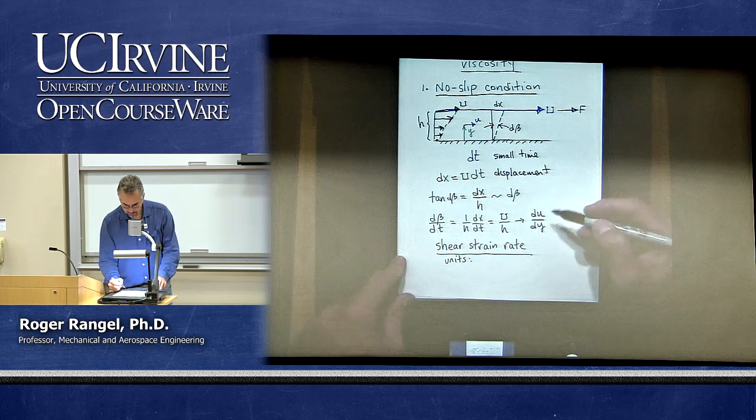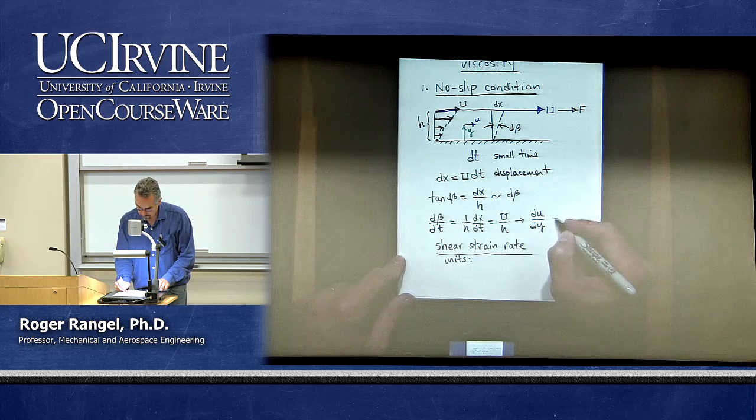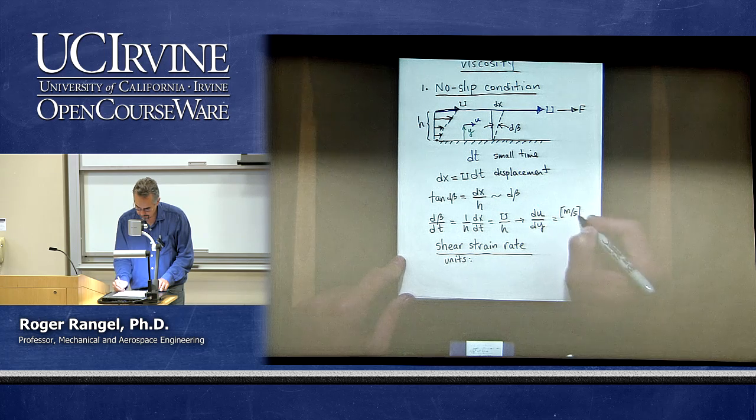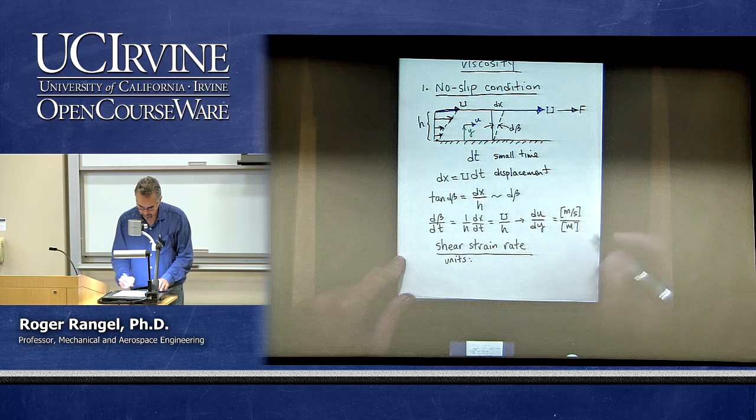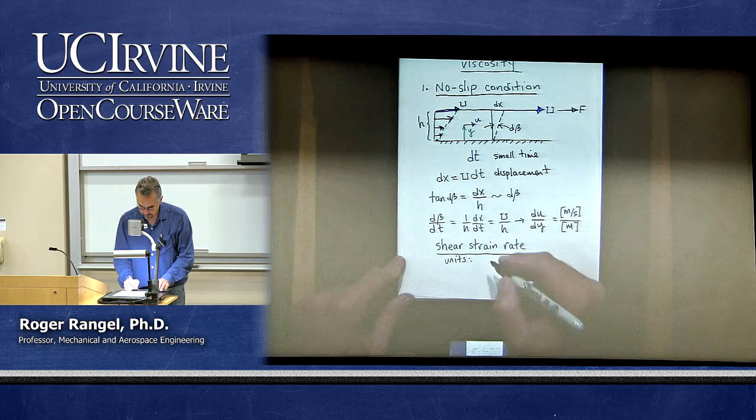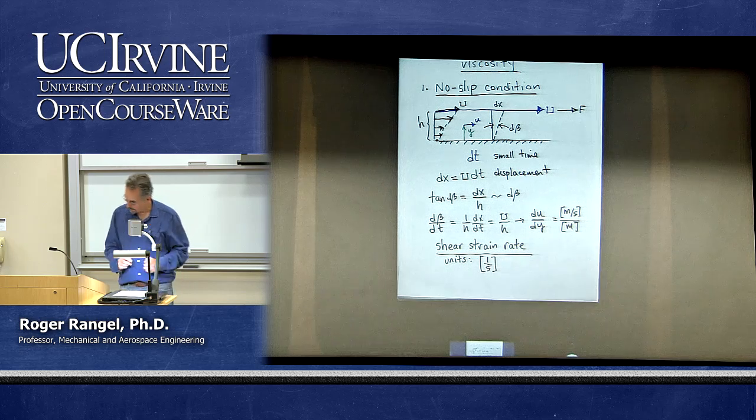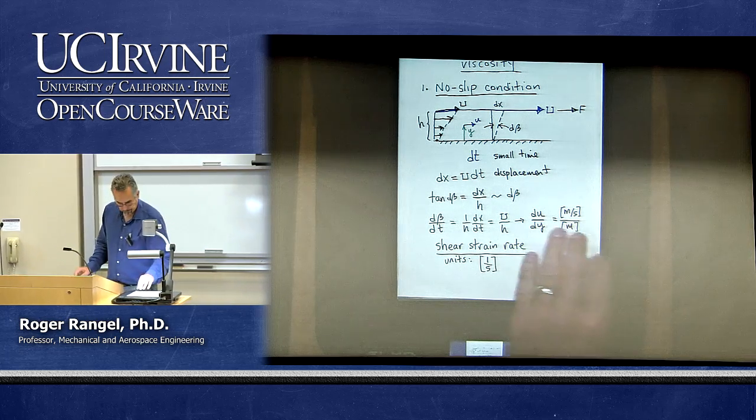Well, it obviously has units of, if we write the units here, velocity in meters per second and the vertical gap in meters. Then, of course, the units of the shear strain rate are 1 over second. Okay, so